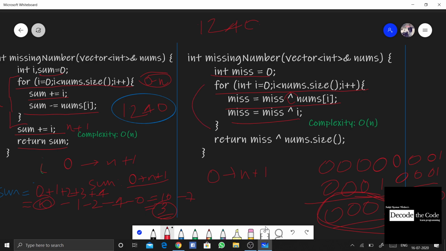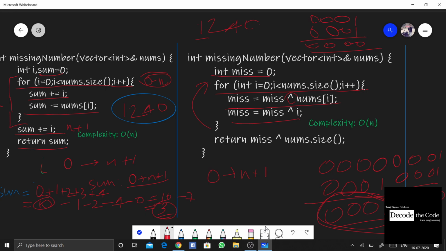Now we'll go for i equals 1. After XORing 1 again with this, that means at first we encountered 1 and we got its partner, i equals 1, in the next step, and you see that 0 0 0 1 that was in our miss, because of this i equals 1, again becomes 0 0 0 0. Hence our miss is neutralized back to its value.